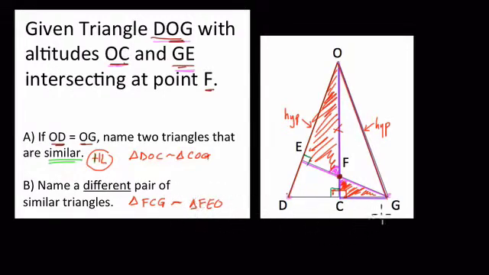The reason for that is that all of their angles are equal, right? These vertical angles here are equal to each other. The right angles are equal to each other. And if you've got two out of three angles equal in a triangle, the third angle must also be equal. For example, if this was 90 degrees here, and this is 90 degrees, and let's say the vertical angle was, I don't know, 30 degrees in both,